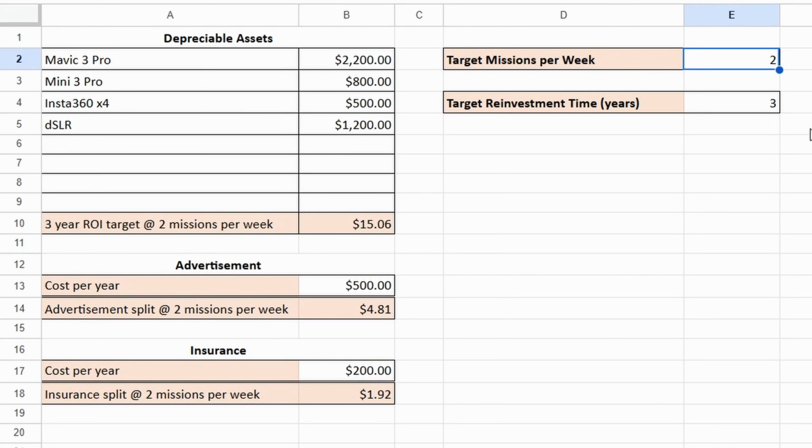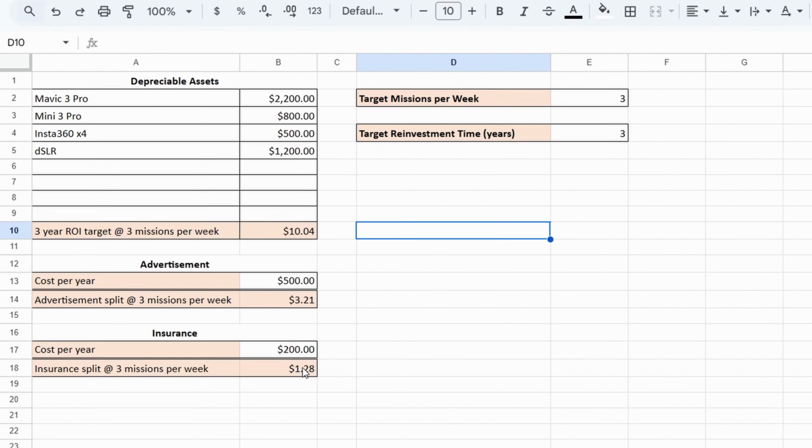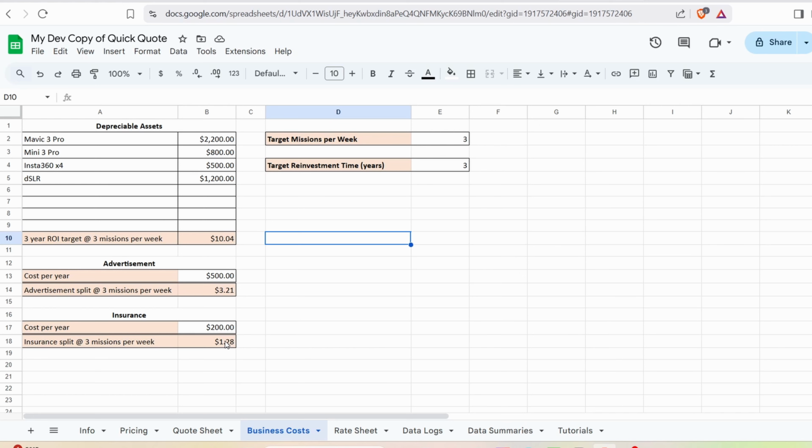If I change this to 3 missions per week, the formulas update. So it's something you do have to spend a little time thinking about before you configure this, but once you do, it's pretty simple. The next and final sheet we need to go to configure it for our business is